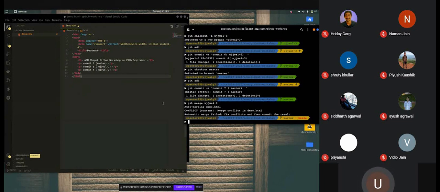Okay, so now we still have to make an addition and a commit because Git was not sure which code it had to keep, so it gave us the option to choose which code we have to keep. So it wasn't able to add the files and commit. So now we have obtained a final state in which we have resolved the conflict between the two branches, and now we will finally add the branch to the staging area and merge it again.